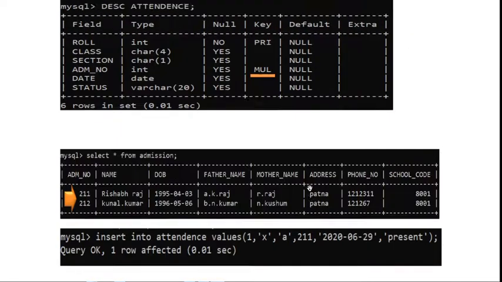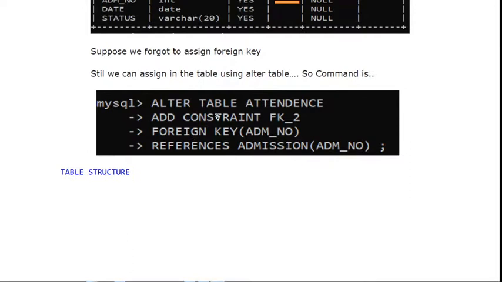So the command is: alter table, table name, add constraint name, foreign key, the column name, references admission table, and the ADMNO column of the admission table.